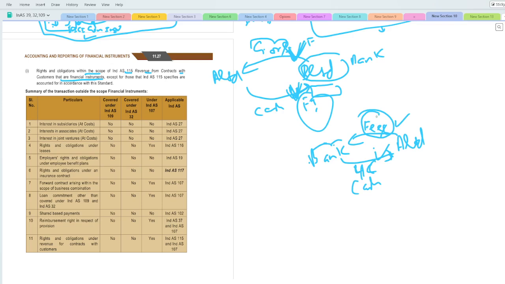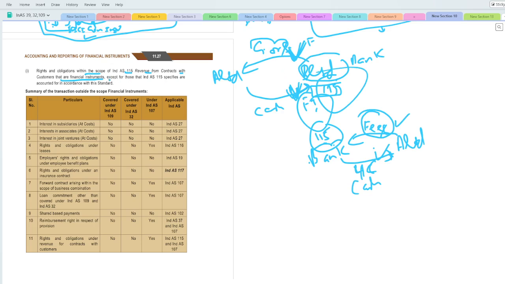सो यहाँ पे दोनों लेग अगर आप देख रहे हैं तो फाइनेंशियल इंस्ट्रूमेंट है, तो यहाँ पे अगर दोनों आउटस्टैंडिंग है तब भी इसमें ये जो फीस है इसको कैसे रिकग्नाइज करना है, वो उसके लिए इंड एस 115 है। सो फर्स्ट दिस इज अ फाइनेंशियल इंस्ट्रूमेंट। और दूसरा, जो मैंने आपको एग्जांपल दिया कि इसमें अगर एक लेग परफॉर्म हो गया, दूसरा लेग अभी परफॉर्म नहीं हुआ है कैश वाला, तो इसमें भी ये आपका फाइनेंशियल इंस्ट्रूमेंट है, लेकिन आप इसको स्कोपिंग आउट कर रहे हैं, तो फिर अब आपको इसका रेवेन्यू कैसे रिकग्नाइज करेंगे, बी लिमिटेड, तो वो उसके लिए आपका 115 एप्लीकेबल है, ठीक है।